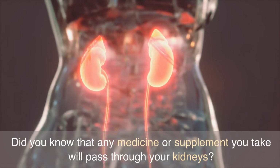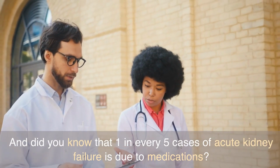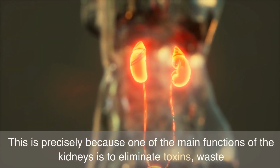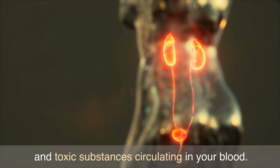Did you know that any medicine or supplement you take will pass through your kidneys? And did you know that 1 in every 5 cases of acute kidney failure is due to medications? This is precisely because one of the main functions of the kidneys is to eliminate toxins, waste, and toxic substances